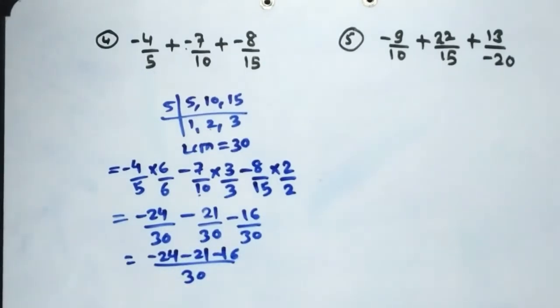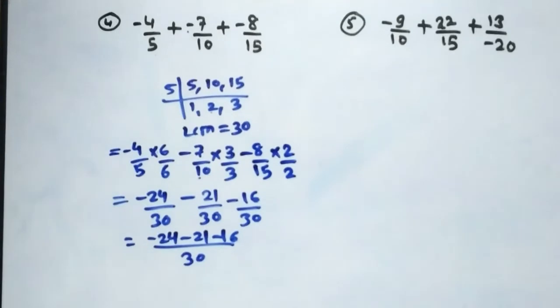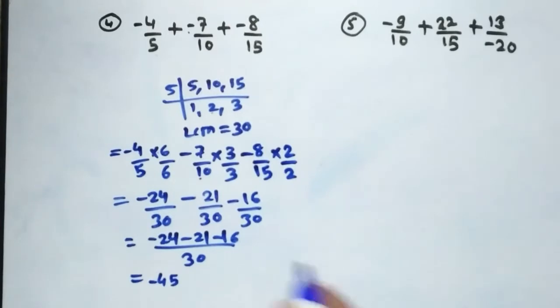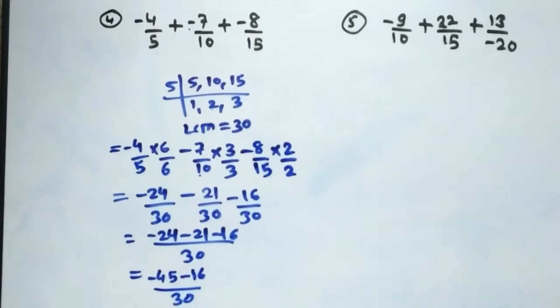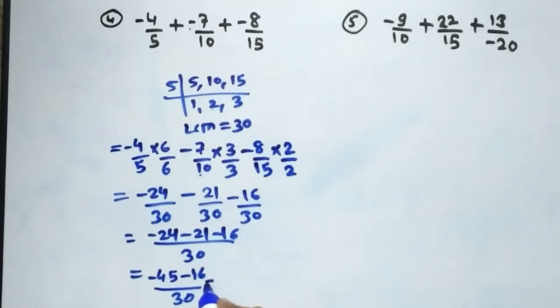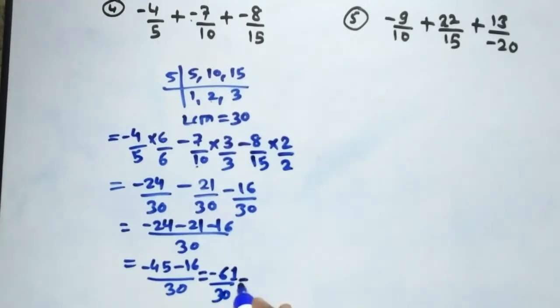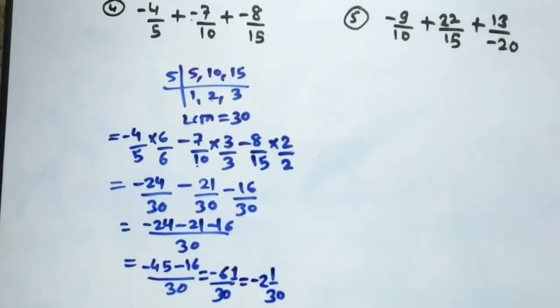So just first start from the left hand side. Minus 24 minus of 21. So you need to just add them. After adding, what you will get? Minus of 45. And then minus 16 as it is. So friends, here again you get the same sign. Minus of 45, minus of 16. You need to add both and give the common sign minus. After adding, you will get minus of 61 upon 30. So you can convert it into the mixed one. 3 2s are 60. 1 by 30. This is your final answer.